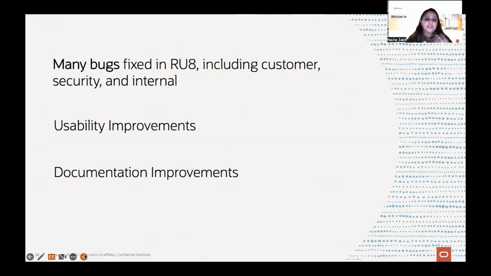So we did what we call a cross-functional review. Not the owner of that chapter, but somebody else reviews it, so they bring a fresh look or new perspective to it. And we did a lot of documentation improvement. So these are the three focus areas for RU8.